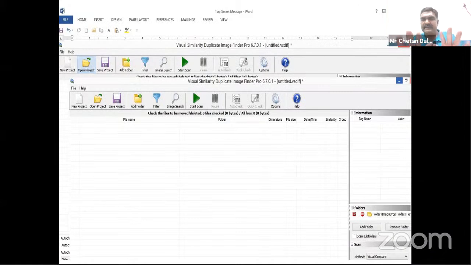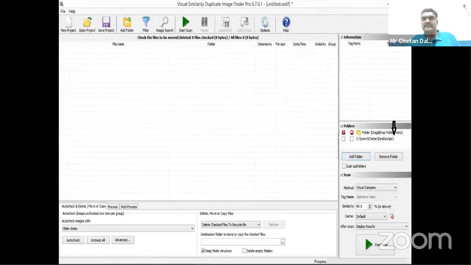So what do we do in this case? Don't worry about this particular bit, but I'll go straight to the point. See, when you go somewhere, if you see on the right hand side, I don't know, can you see here add folder? I'm pointing it out to this place where it is saying add folder. At that place, you have to just identify that folder which I had created. I showed you a couple of slides ago, some 70, 80 photographs which I had collected from various sources of my family, friends, and net. So when you identify that, this software or this application needs only that. Okay, that you have identified, and it knows